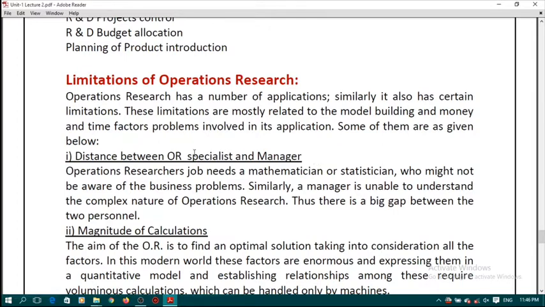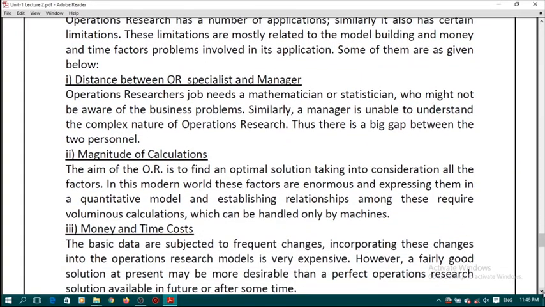So we discussed earlier that it is an interdisciplinary team approach, but operation research job needs a mathematician or statistician who might not be aware of the business problem. Similarly, a manager is unable to understand the complex nature of operation research. Thus, there is a big gap between the two persons, and sometimes it affects the solution or implementation of solution a lot. The next is